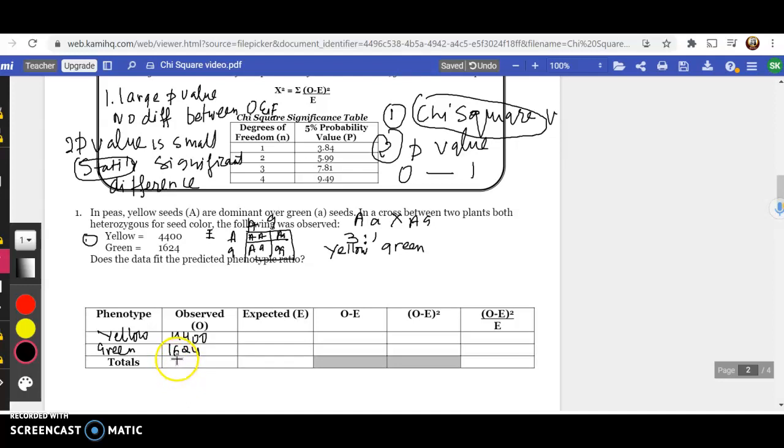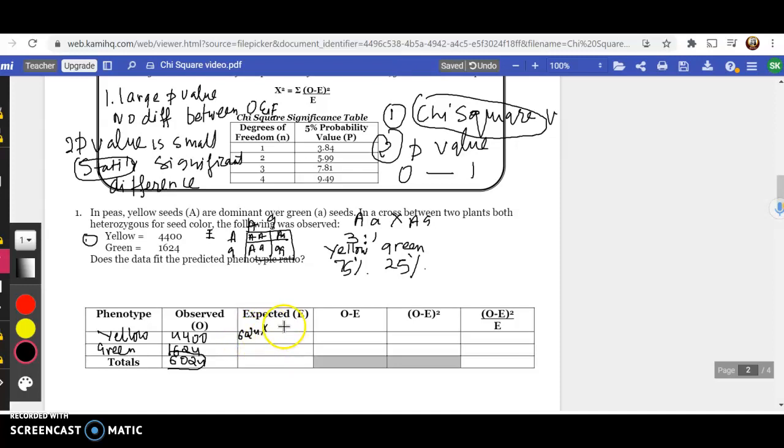So the total is going to be 6024. Now we need to have numbers rather than percentage here. So we know yellow is going to be 75% and green is going to be 25%, but we need some numbers to write here, not the percentage. So we are going to calculate the numbers from these percentages. So the yellow should be 75% of this total. So that means we are going to do